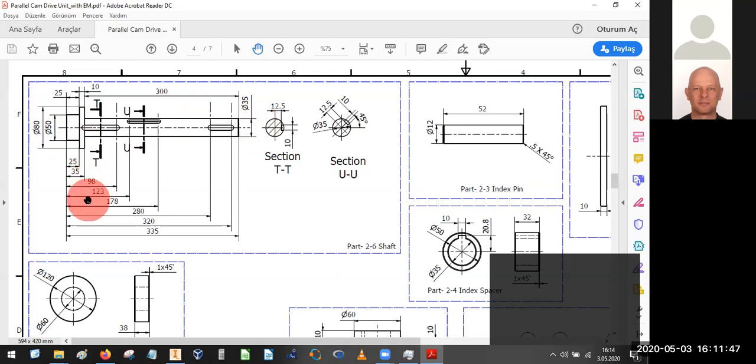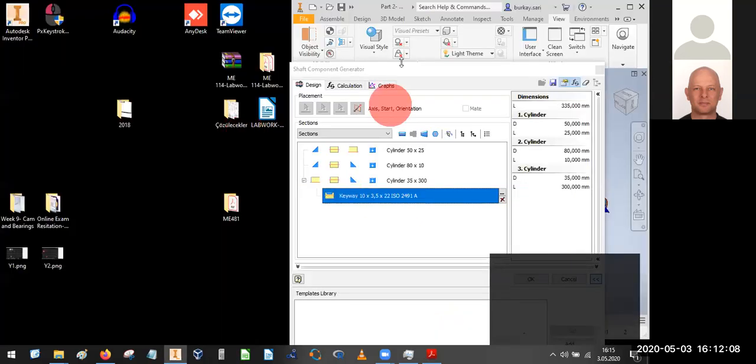Here I need a starting point, which is 280 millimeter from the backside, and this segment, the 35 millimeter diameter segment, is 35 millimeter far from this liner. For this reason, I will just start this keyway. I'm sorry. Let me